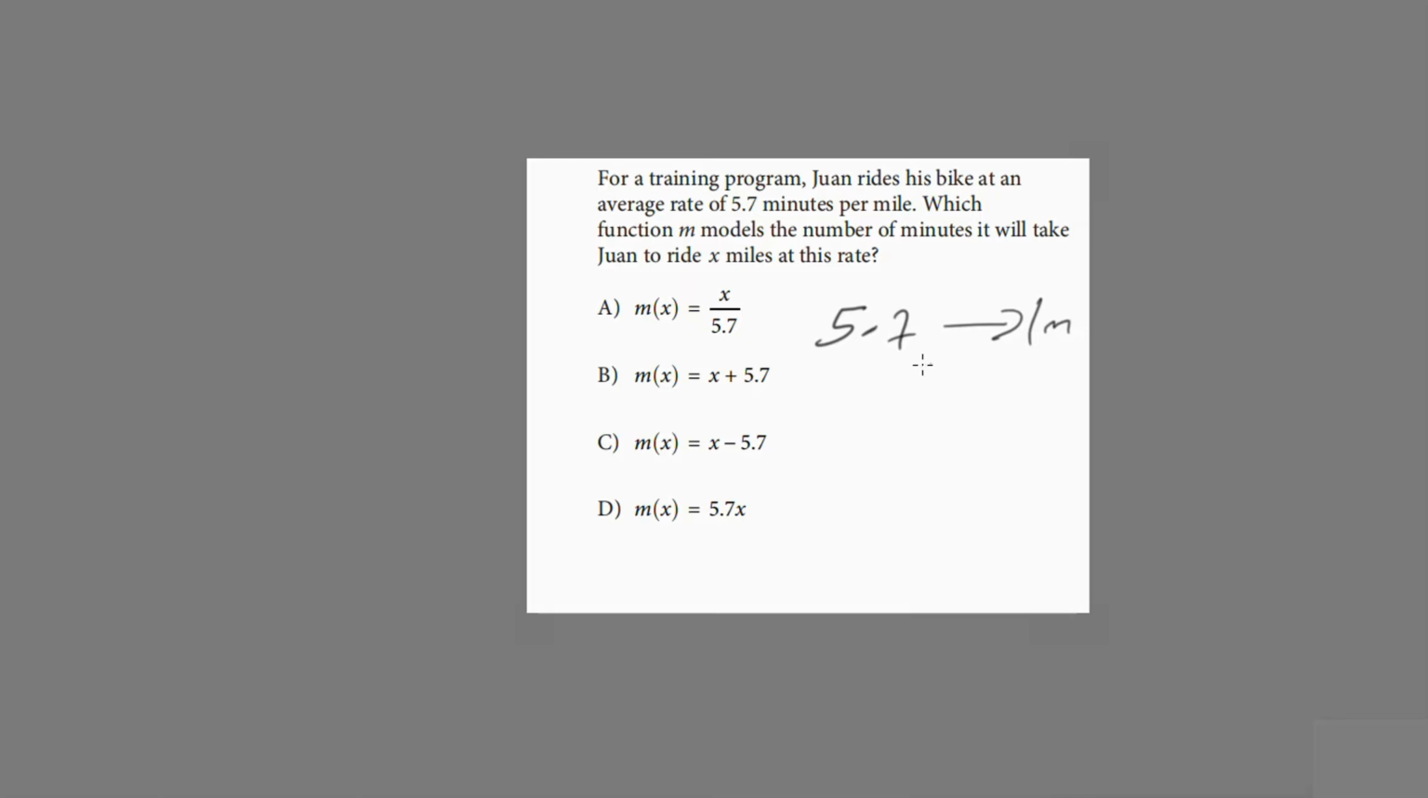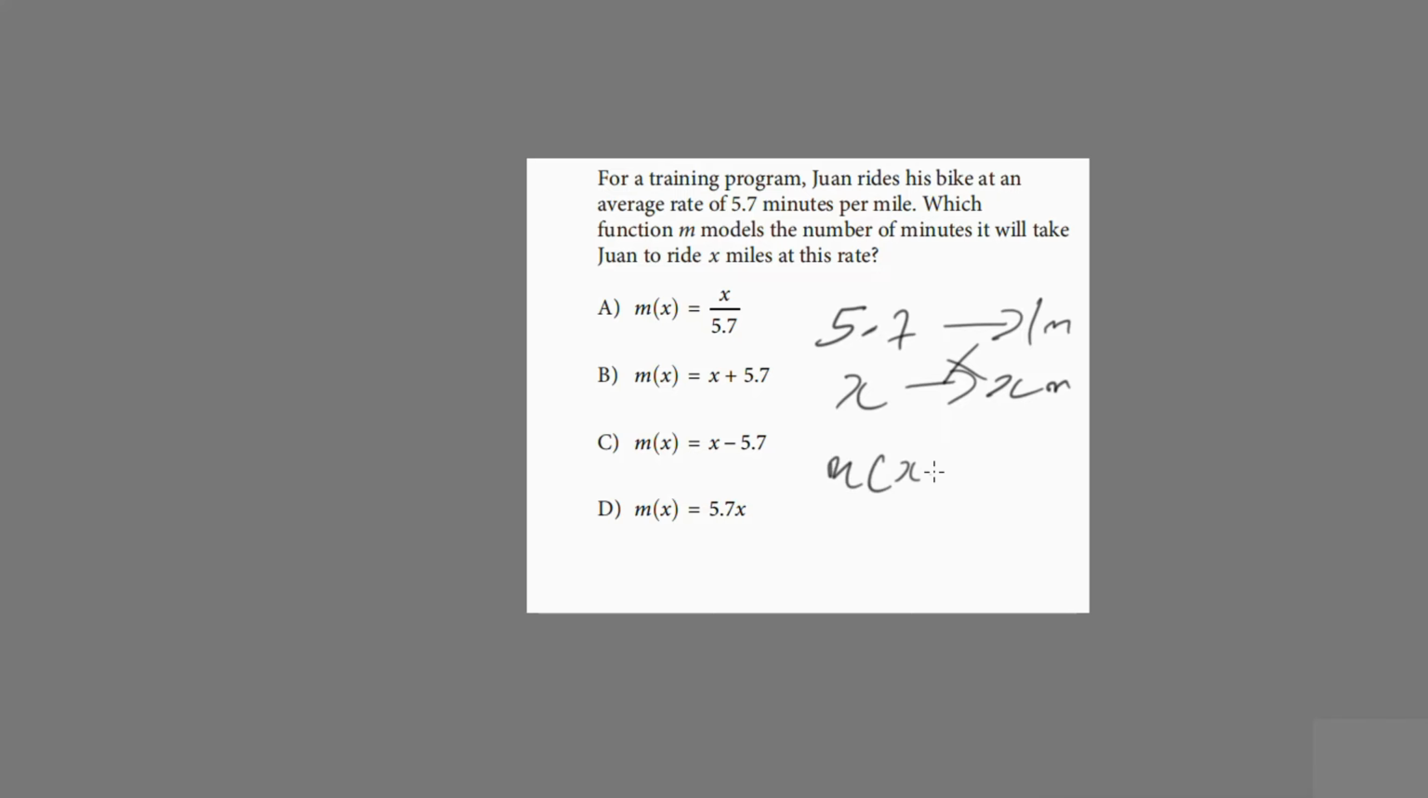Okay, then it's asking us which function M models the number of minutes it will take Joan to ride X miles at this rate. So we don't know the number of minutes, let's call it M. We have X miles. Okay, so when you cross multiply,